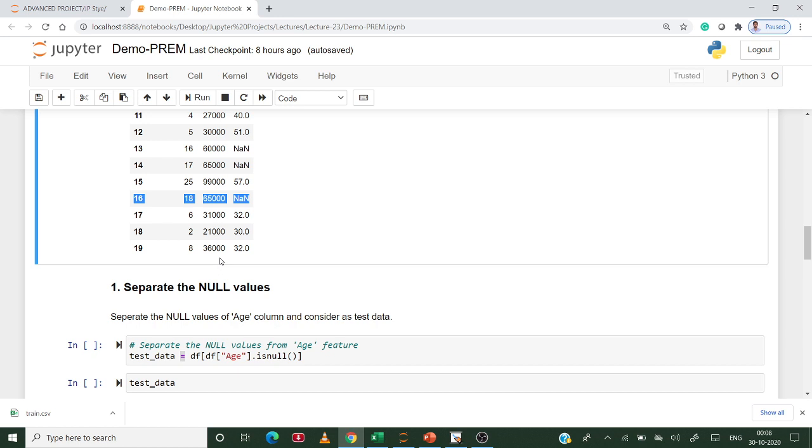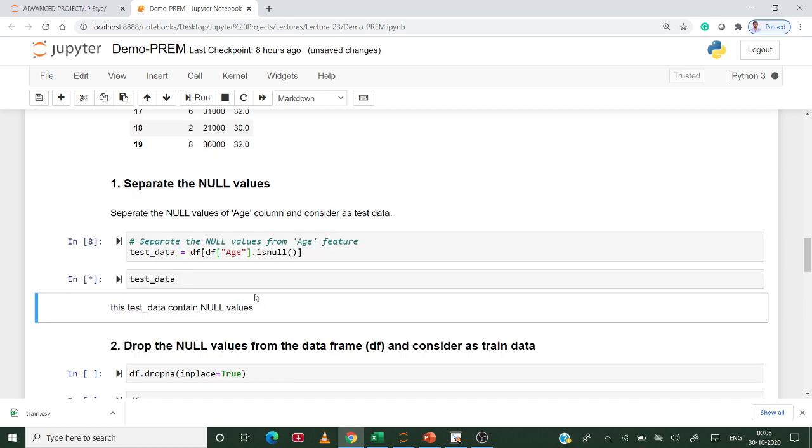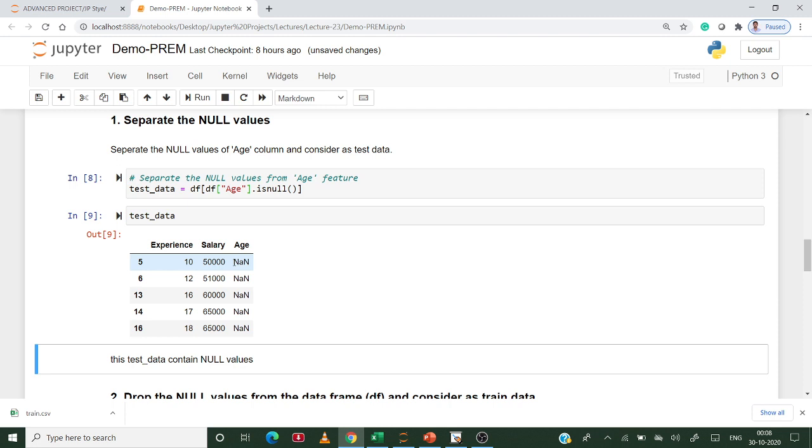So if you see test data, this test data can contain only missing values. So which means